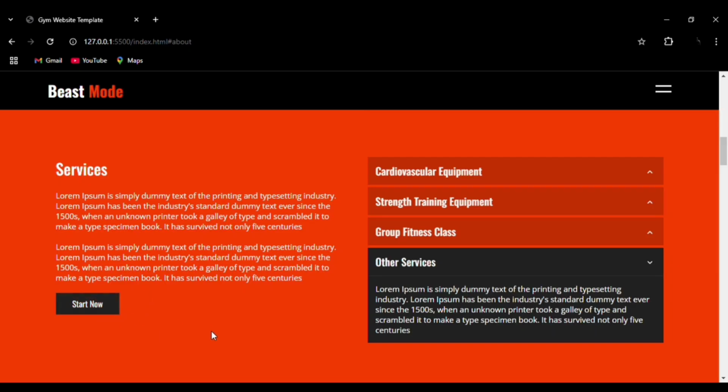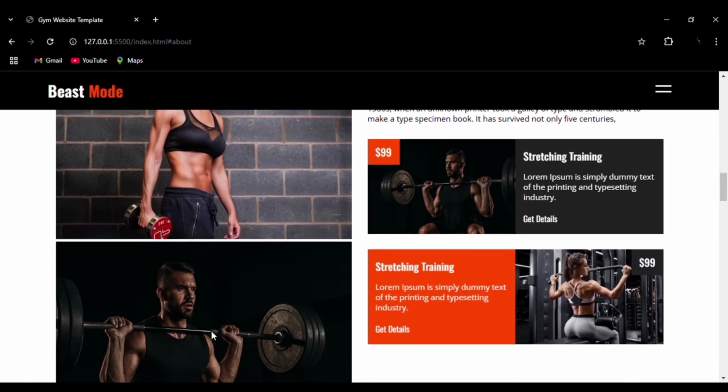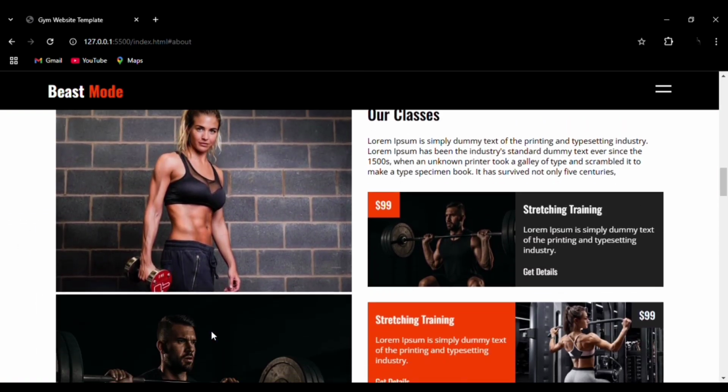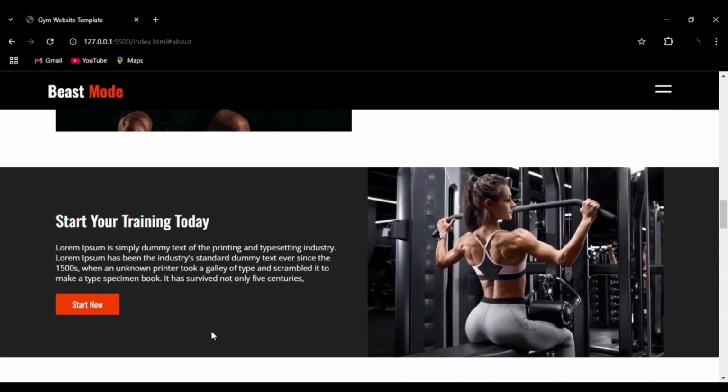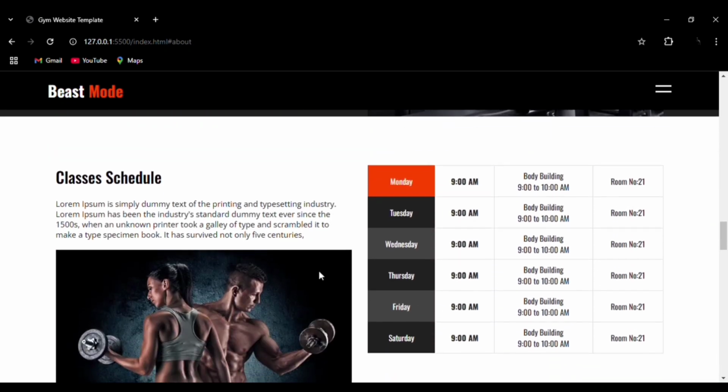We can go to the next section. You can see here the smooth transition as well as how we have aligned them perfectly. Then we can go to the next one, that is the start your training today. You can see the hover effect and the smooth transition effect, and you can see here we have created a